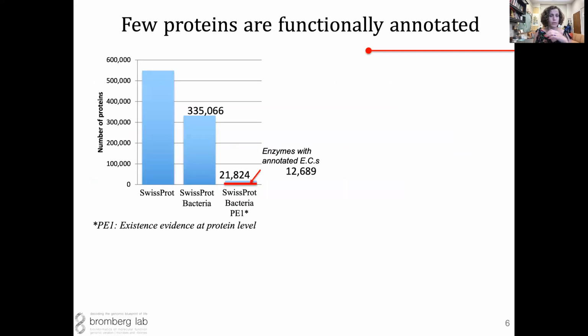The other problem is the lack of annotation. If we consider the SwissProt database, which is our biggest repository of manually curated sequences, what you will see is that out of the 550,000 proteins that have been manually curated, not a very large number in light of all other available sequences,